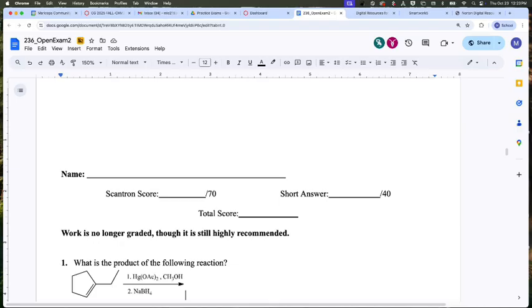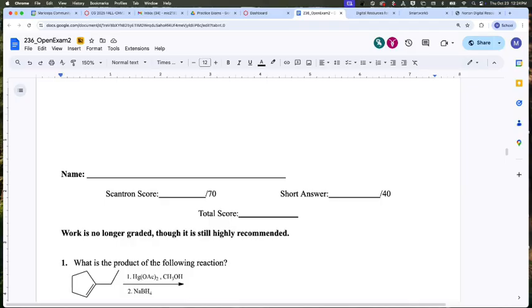What do you see right away at the bottom of this? Hopefully we see a nonpolar pi bond, and mercury. What does mercury do? It adds H and OH, which means